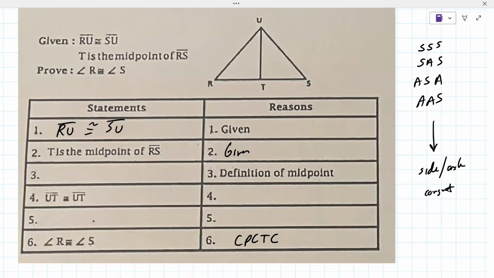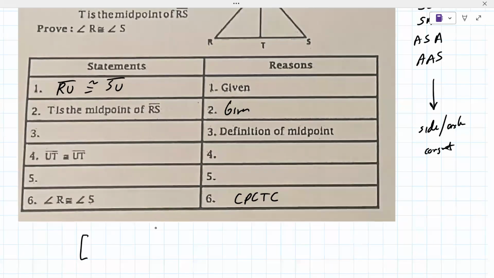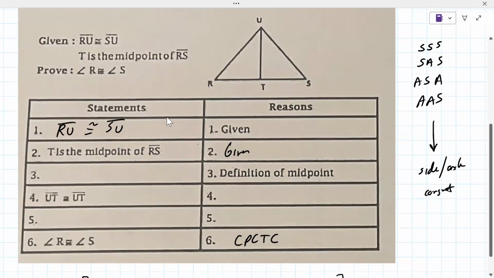The reason I'm bringing this up is that you almost want to attack proofs from the beginning and the end, especially if you don't know what to do. You should at least try to get something down. And like I said, you're probably proving the triangles congruent. So even if you don't know what you're doing, you can at least write a couple of things in there to get more credit. It's obviously not the best way to do it, but it is a way. You just inch in towards getting the entire proof done. Okay. So having said that,